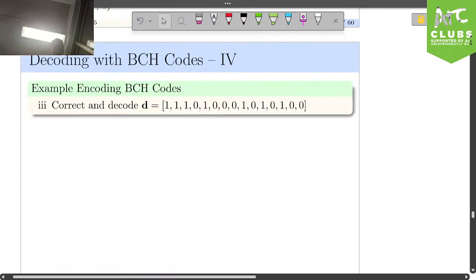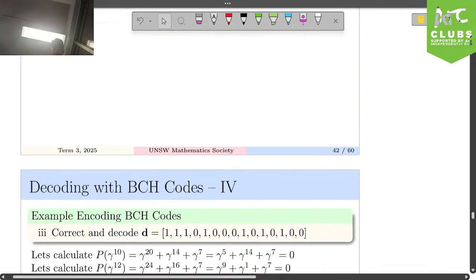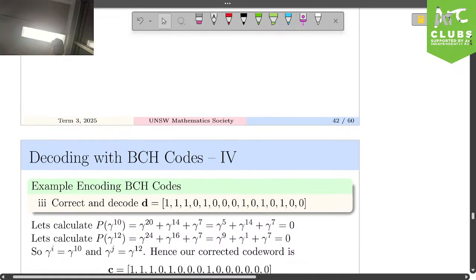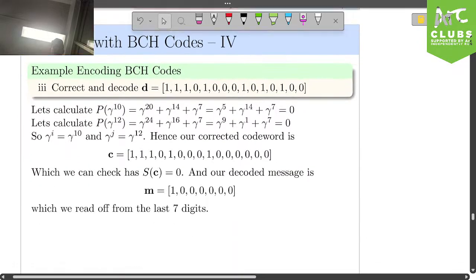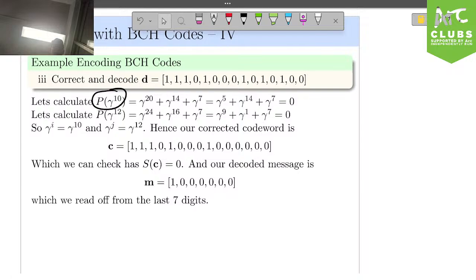So in general, there are like 15 of these. You're going to test about 7 if we run into one, and then maybe you only have to test 15, instead of having to test 15 times 15, right? So this makes our lives a little bit easier. And what you will find, this is a particularly awful case. Gamma to the 10 and gamma to the 12 were where the errors were, because those were the roots of this polynomial. And so we can just corrupt our D and get an invalid code word.